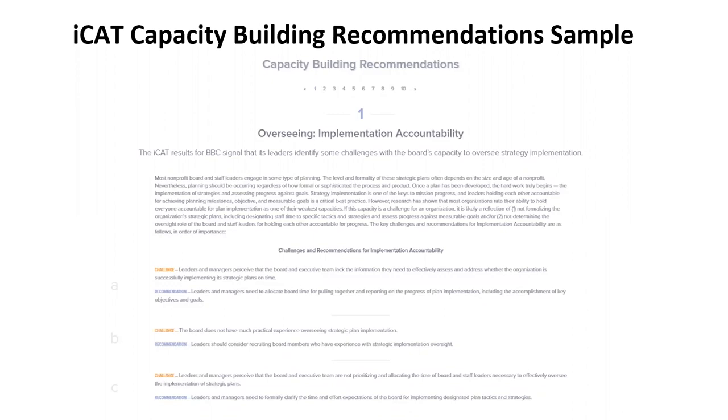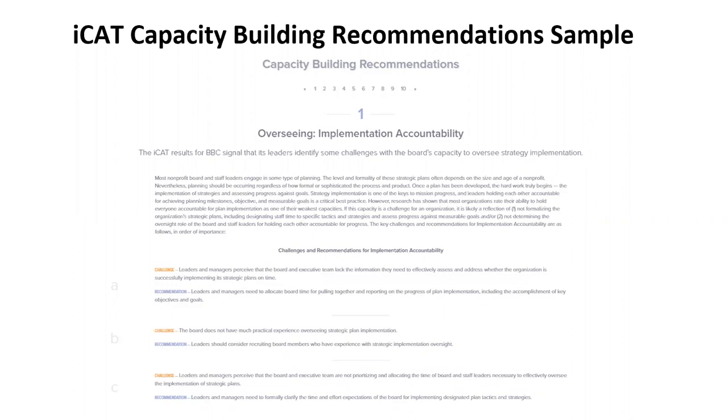Challenge A is that leaders and managers perceive that the board and the executive team lack the information they need to effectively assess and address whether the organization is successfully implementing its strategic plans on time.